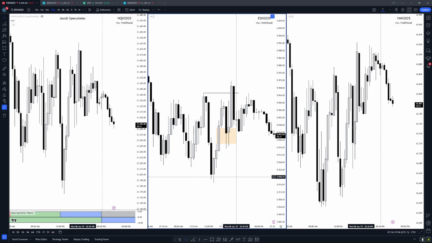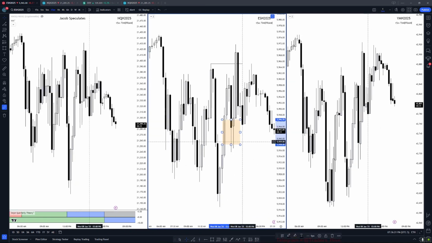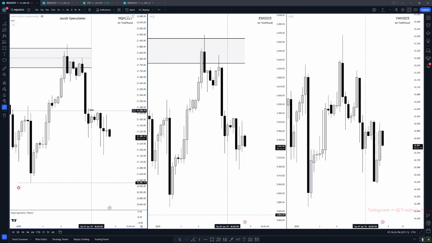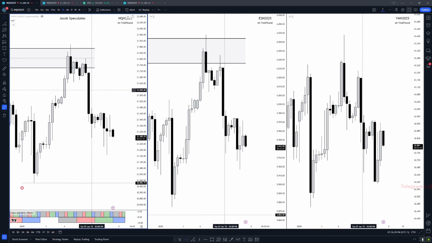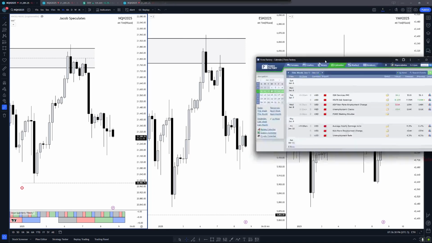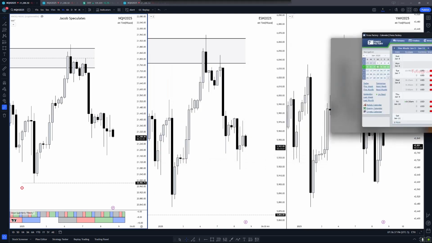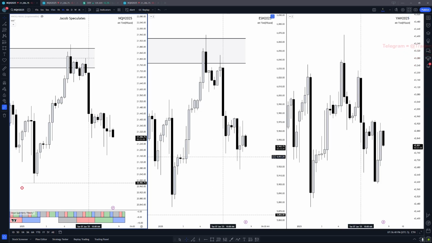And another thing to keep in mind on why today was low probability, because personally, I did not do anything for today, and the main reason being we did not retrace into the fair value gap as we expected. But if we look at the economic calendar, you guys can see there was 2 p.m. FOMC meeting minutes in the PM session. So what have I taught you guys about whenever there is news in the PM session? What generally happens for the day? Exactly. Low probability. So this could have been foreseen.